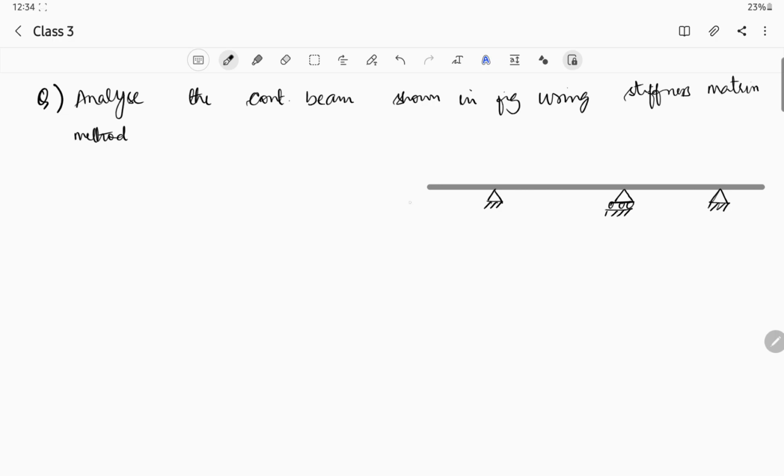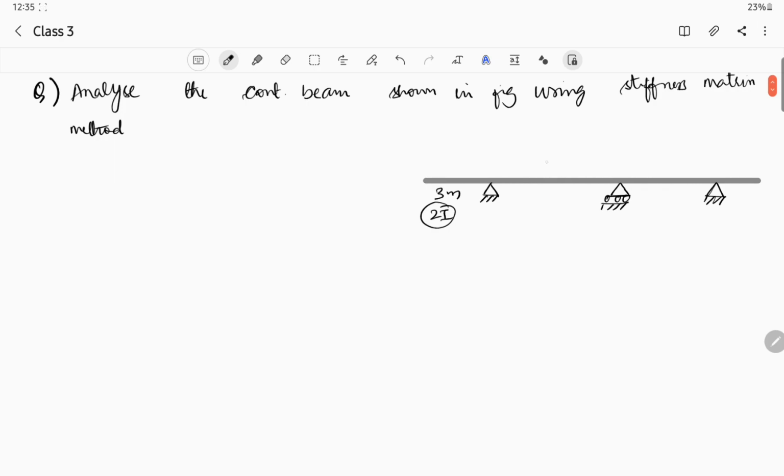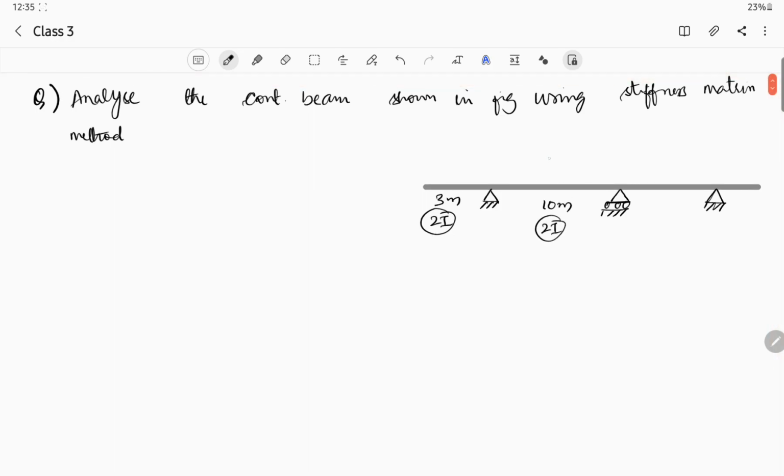So this part is a cantilever, and this distance is 3 meter, and this is 2I given, and this distance is 2, this is 10 meters totally, and this is given as 2I, and we have a central point load